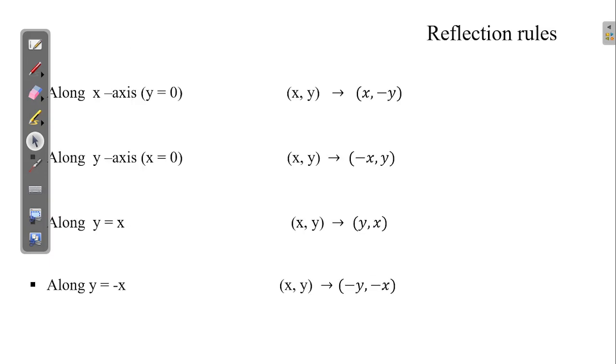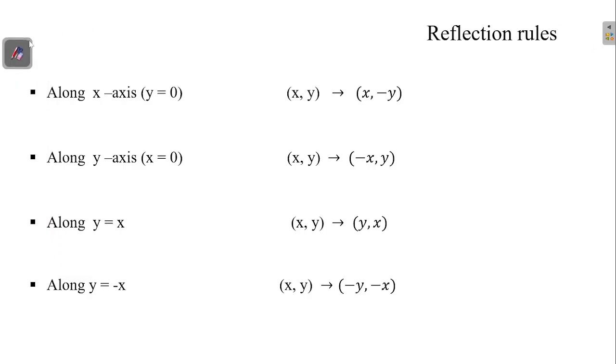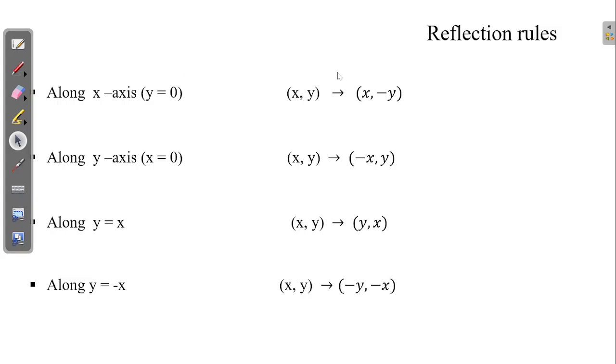Alright, now these are the laws of reflection. So we are going to look at the laws very soon. So it says if you are reflecting along the x-axis, my x comma y becomes x negative y. If you are reflecting along the y-axis, which is x equal to 0, your x comma y becomes negative x